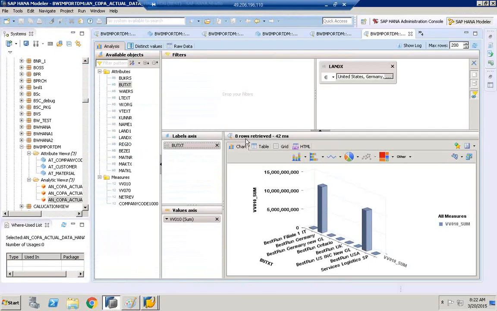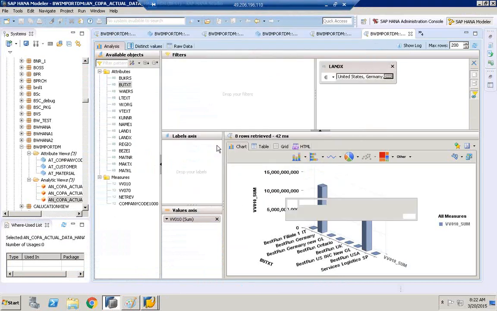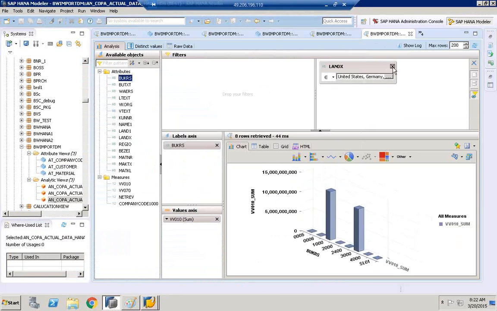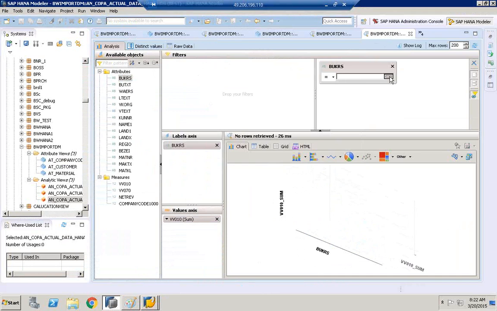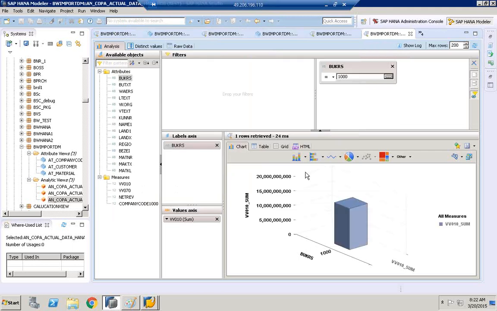So in HANA also, I'll just select only one company code. I'll remove this. I'll only select Germany. So Germany is nothing but 1000. Or instead of taking text, I will take key. So I'll just select company code here also, BUKRS. I'll select 1000, click OK. How much time did it take? 24 milliseconds